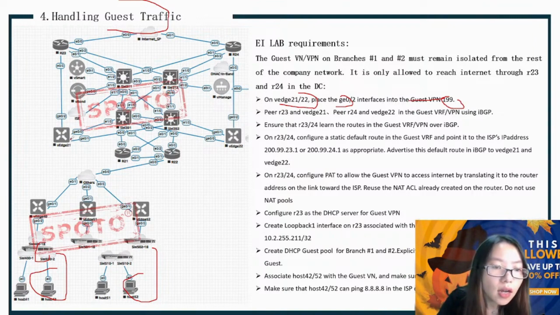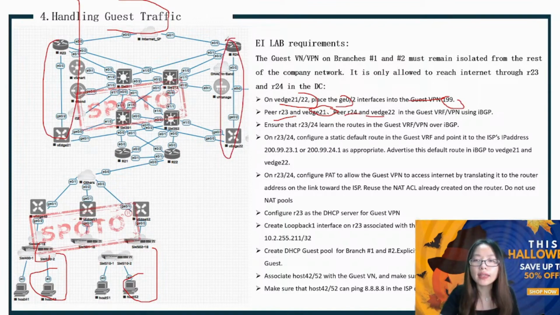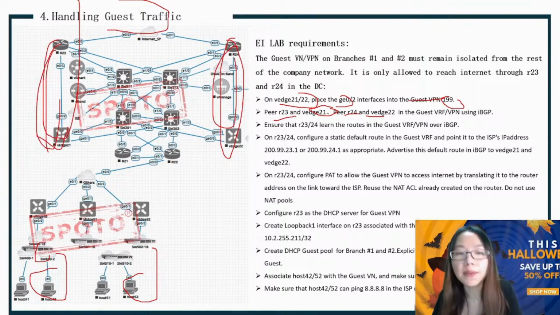So you can see peer router 23 and 20, VH21 is about this, and router 24 and the VH22. So we need to configure IBGP in these four switches. So these two configure IBGP. These two